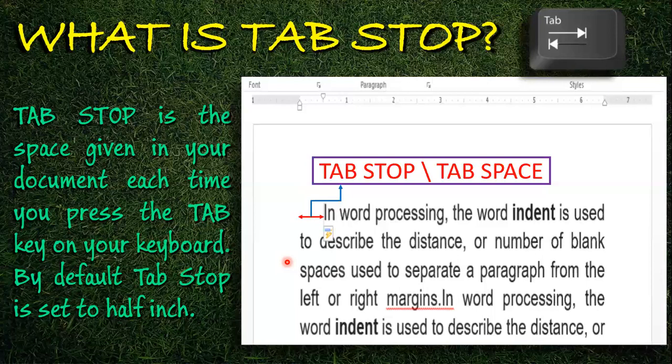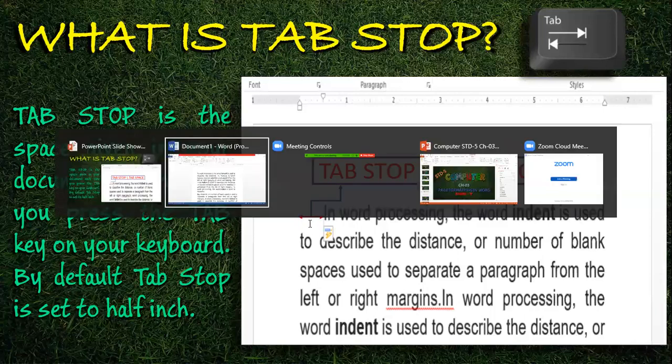For example, you can say that when you press the tab key, that provides 4 or 5 spaces together, if you combine the one space you get when you press the space button. So this space is the space provided by the tab button when you press the tab key. That space is called tab stop. So let's see what it is, and for that we need to go again to the MS Word application. So let's come back.